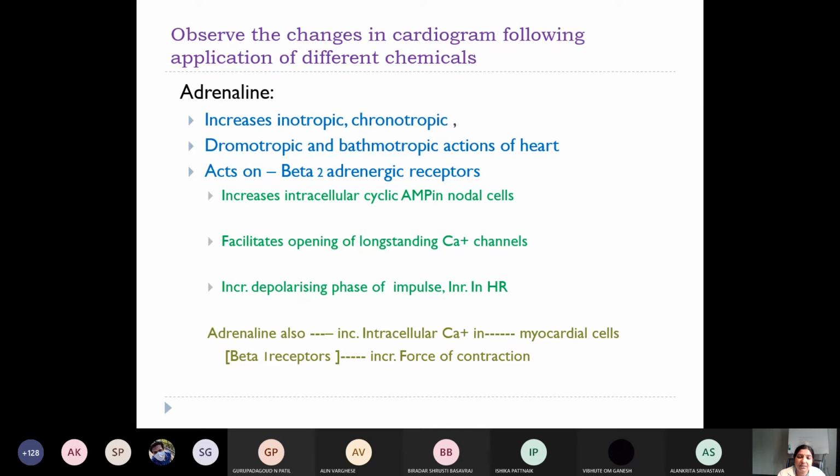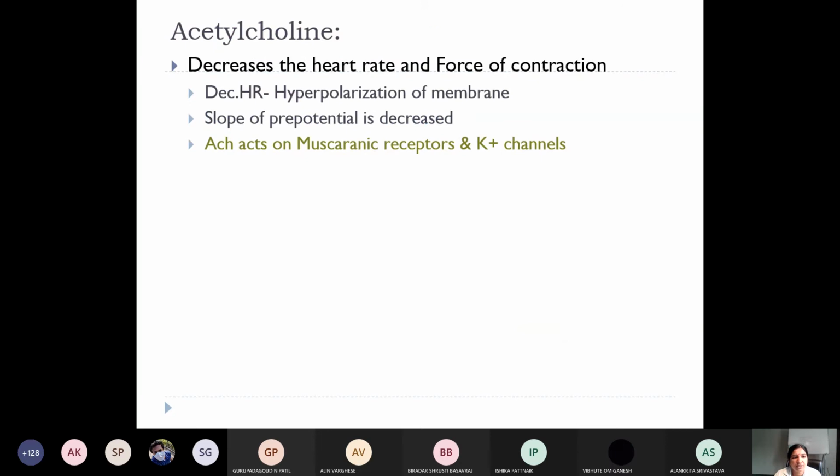If you give any therapeutic drug which blocks the beta 1 receptor, that is going to decrease the force of contraction. So understanding the mechanism of these receptors and their effect is important, which we give more stress in physiological basis, right? So it's clear, the effect of adrenaline on beta 2 and beta 1, how it is brought about and how it ends in increasing heart rate and force of contraction.